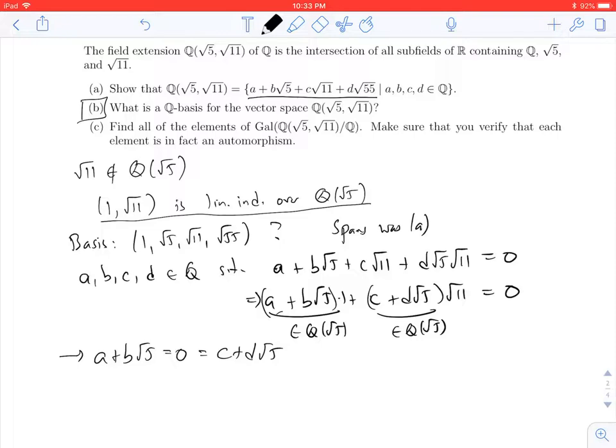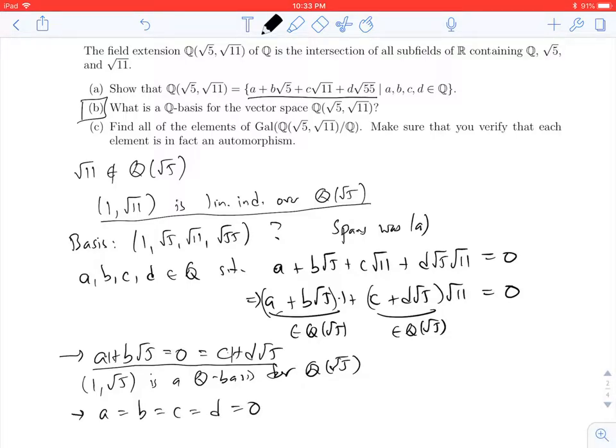Okay, but we also know that 1, root 5 is a Q basis for Q adjoin the square root of 5. Well, that means if we have a linear combination of 1 and root 5 and it equals 0, then the coefficients have to be 0. Well, that's exactly what we have up here. So we know that A and B and C and D all have to be 0. Okay, but that's enough to show us that our original list, 1, root 5, root